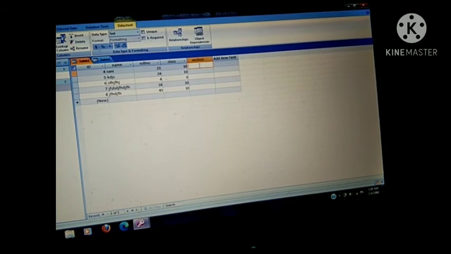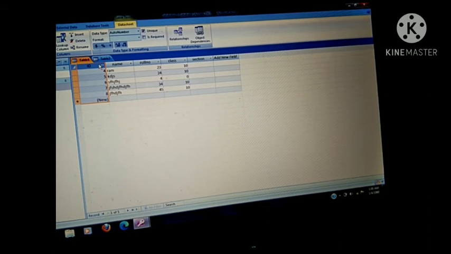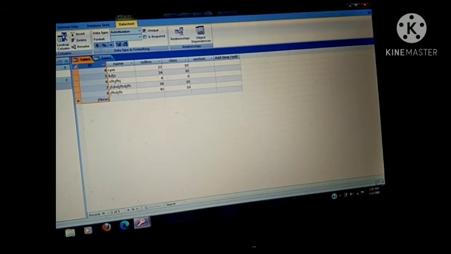So in this manner you can create a table in datasheet view, and here you will check after creating the table, children, I am not placing any primary key here. So the database automatically added this one as primary key. Okay, the ID field as primary key. So this one is my datasheet view.